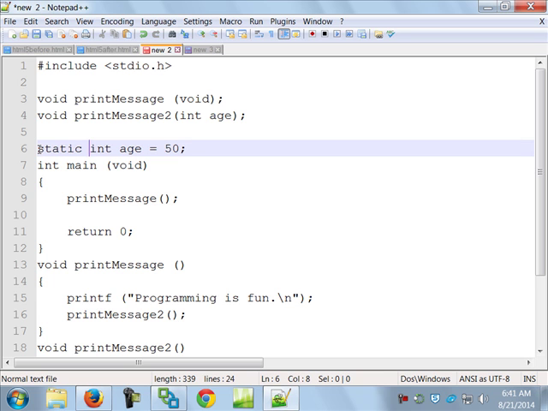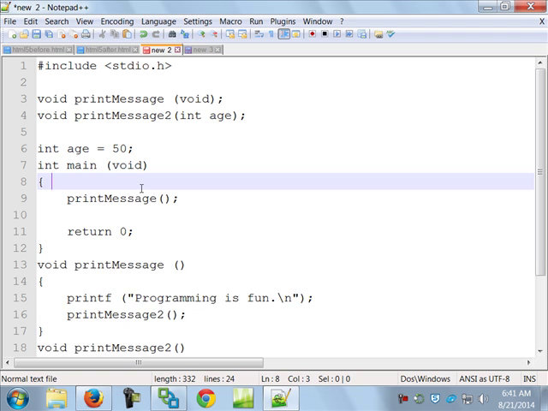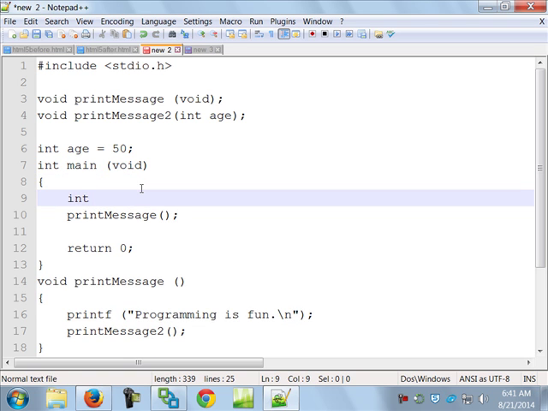You also use static, as we talked about before, so something retains its value. This is not a good example right here. But what if I was going to do this: every single time I ran this program, so in main, I was going to create a variable, int, we're going to call this print message counter. It's kind of a stupid example, but just so you see it, equals 0.